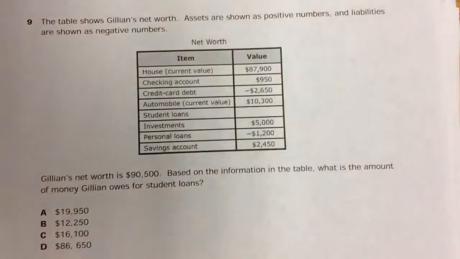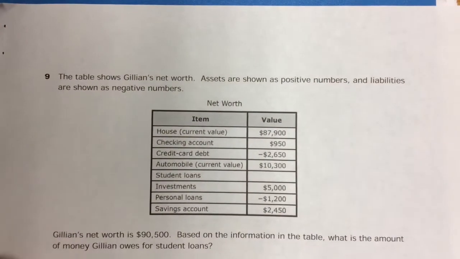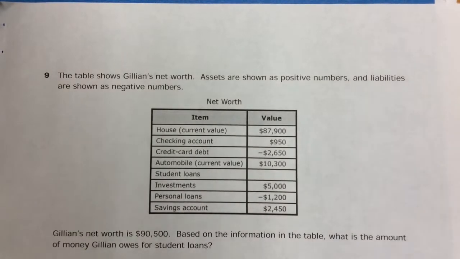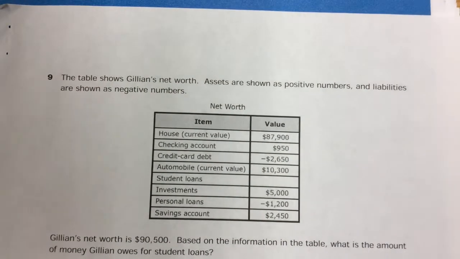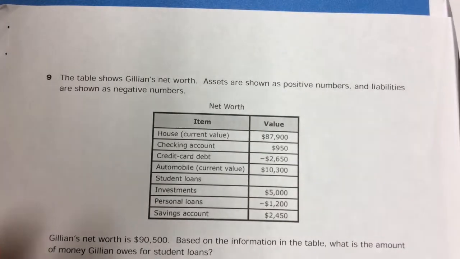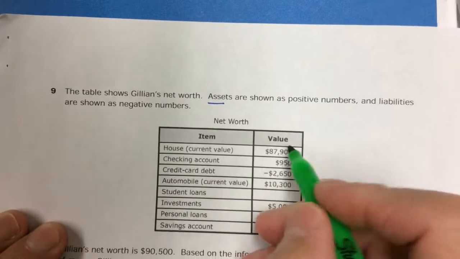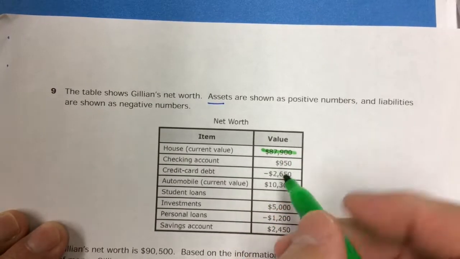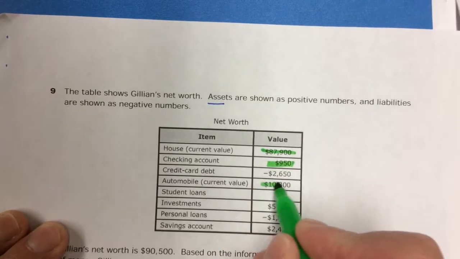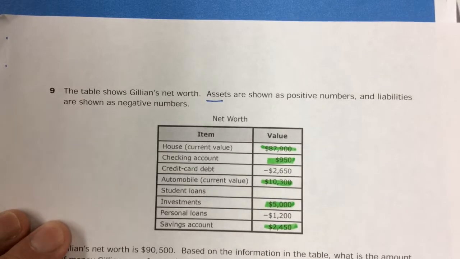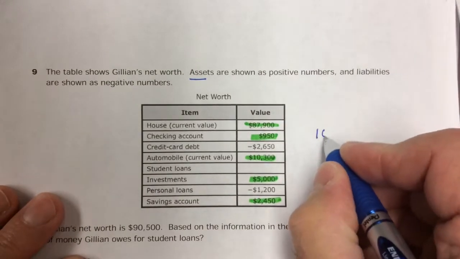Question 9. This was the hardest one. I had to do some calculation off to the side on this one. If you add all of her assets, the assets are positive. Let me highlight the positive numbers. 87,900, 950, 10,300, 500, 2,450. If I add all of her assets, I get